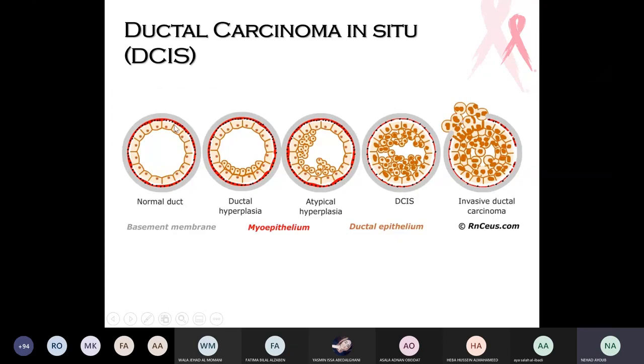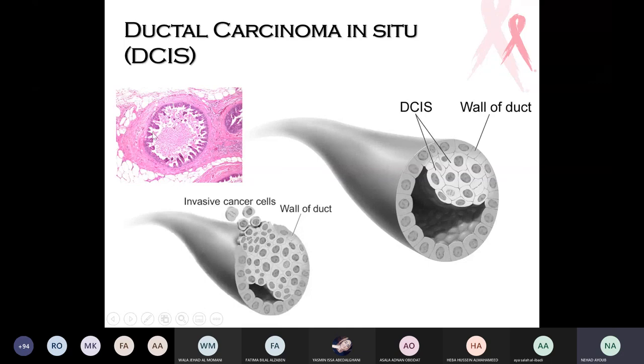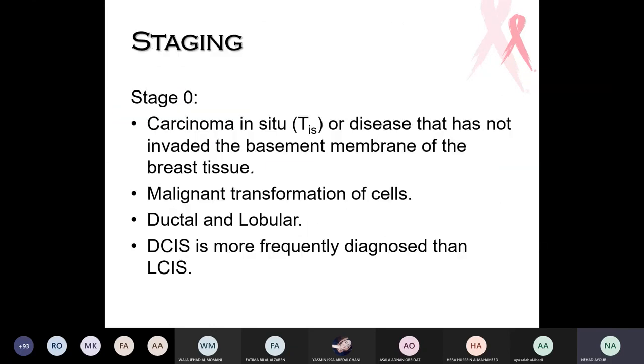okay? فبالتالي when I see cells inside the duct or the lobule, but they are not invading through the basement membrane. They are abnormal cancer cells, but they are not leaving or migrating or going outside the duct or outside the lobule, okay? We call this in situ carcinoma. Okay, in situ means it stays in its place. فبالتالي لما أنا بقول ductal carcinoma in situ DCIS,